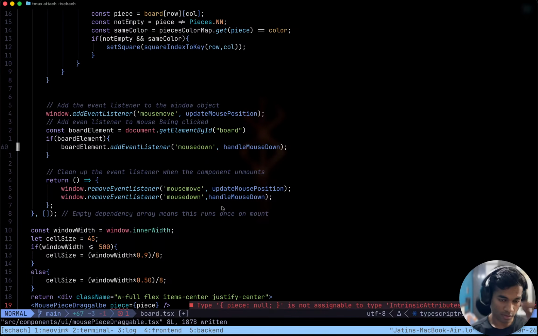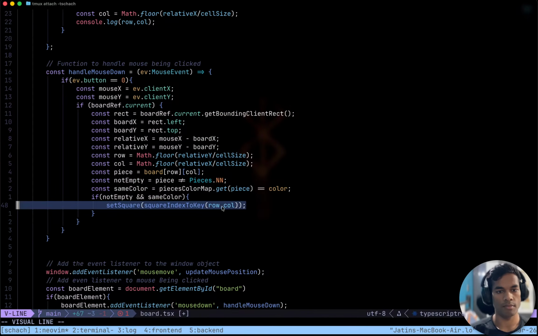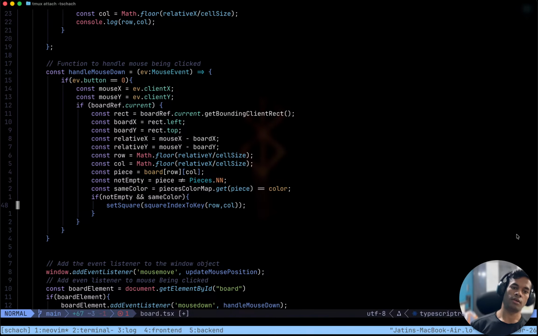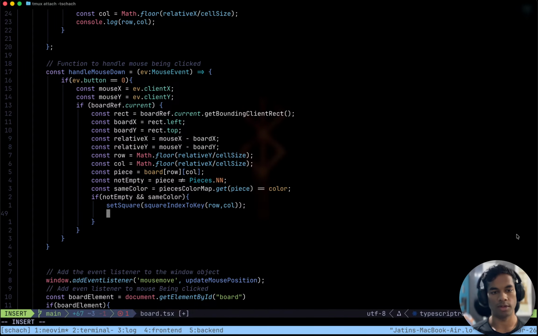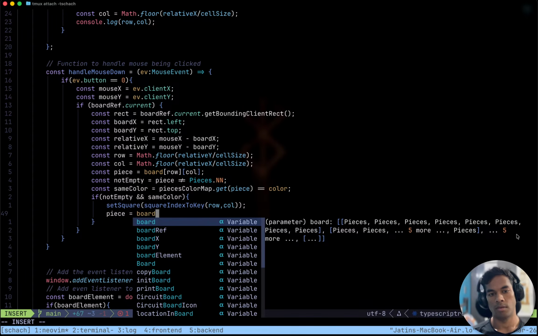I guess the problem is that this is always null. After this, we have to set the square piece to something. We use piece equals get, square is already there. We just need to go to the board and